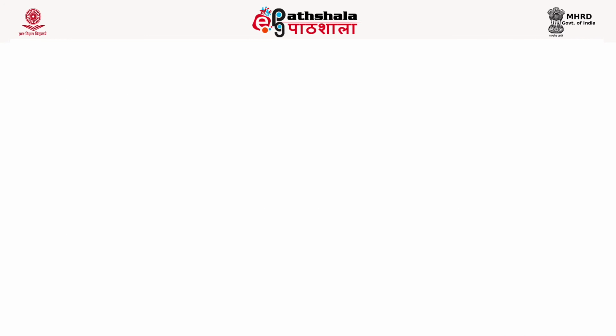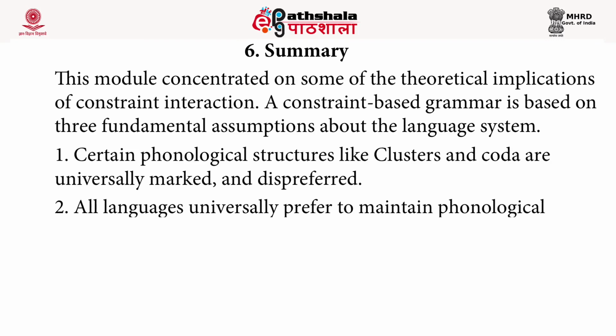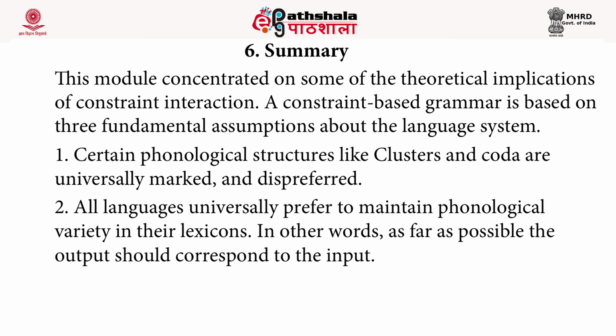In this module we checked the modes of interaction among constraints in OT. Now all languages have both marked structures and unmarked structures. Sometimes a markedness constraint tries to remove these kinds of marked structures, whereas the faithfulness constraint fights to retain these structures in the lexicon. So here is where the conflict arises. Now what wins depends upon the ranking of these constraints. Which constraint is higher ranked and which is lower ranked decides the optimal candidate of that language.